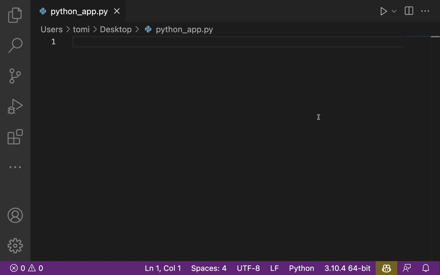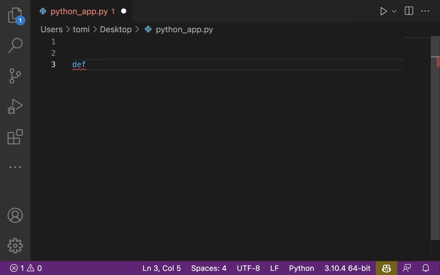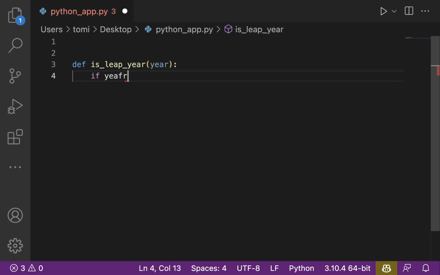In this tutorial, we're going to be building a very simple program that tells if a particular year is a leap year or not. Now to do this is quite easy and straightforward. What we just need to do is have a new function, and this is going to be something like is leap year, and it's going to take a year parameter, and it's just going to say if year